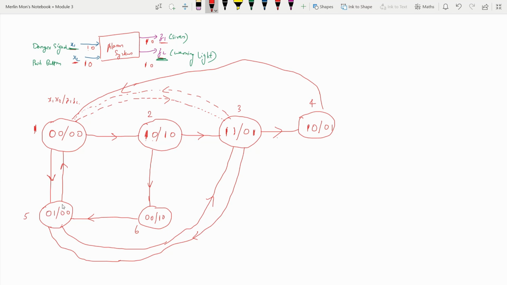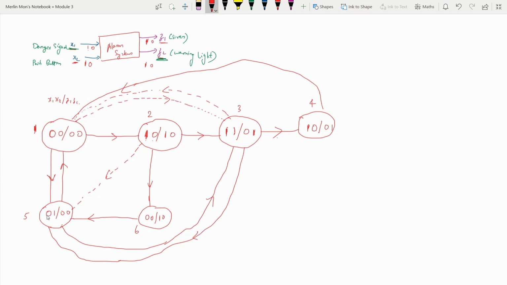So we have already a state 5 which has the input 0 and 1. So we want the system to move from this state to state 3 immediately. In that case, if x1 becomes 0 and x2 becomes 1, we want the system output to be 0 0. So the corresponding state is this 5. So we want the system to move from state 2 to state 5. And